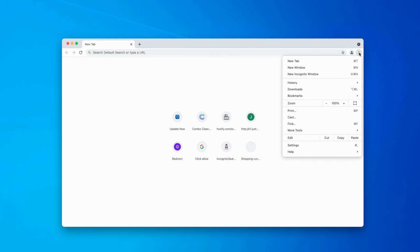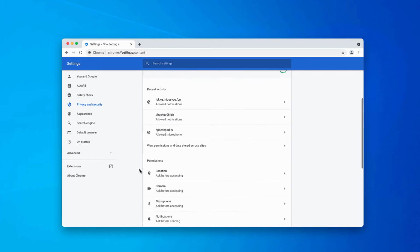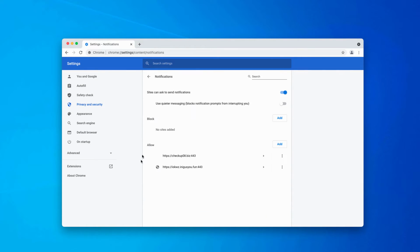So first thing to do is to go to the menu, click on Settings, scroll down to Privacy and Security, select Site Settings. Now in the Permissions area, click on Notifications and research the Allow area carefully. When you find any deceptive sites here in the list, get rid of them and delete even the malicious sites